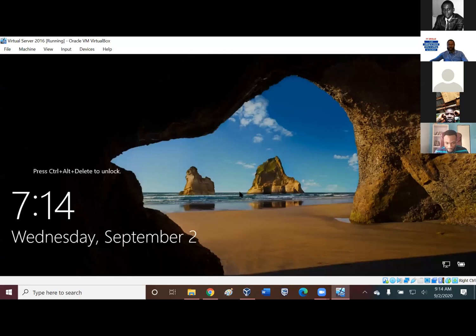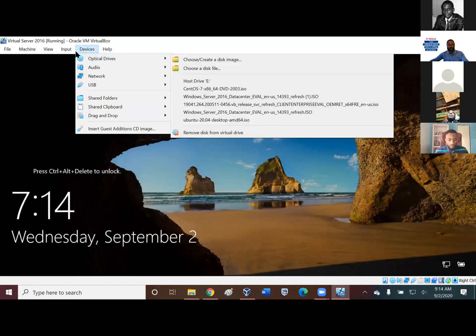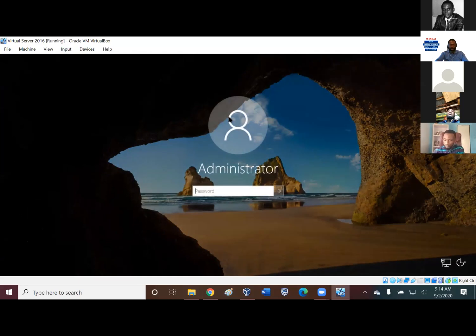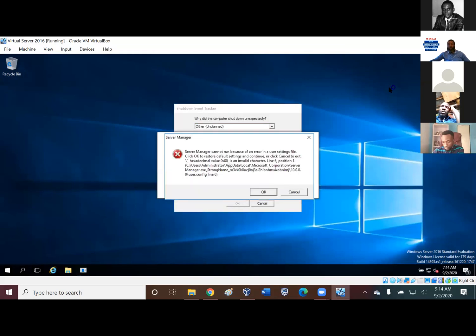All right. So once you do that, for it to cover the screen, first of all, you will need to log on. It will not cover automatically. So input keyboard, Control Delete. I'm logging in. And then when you log in,